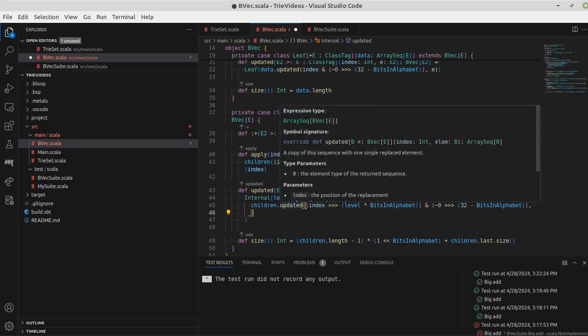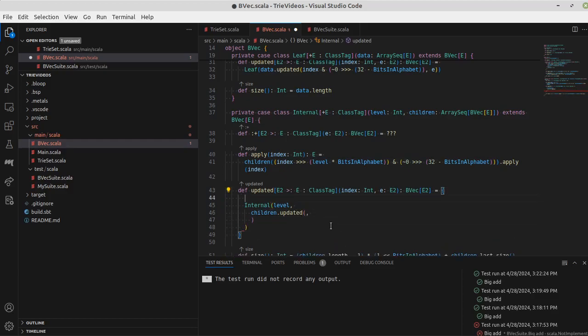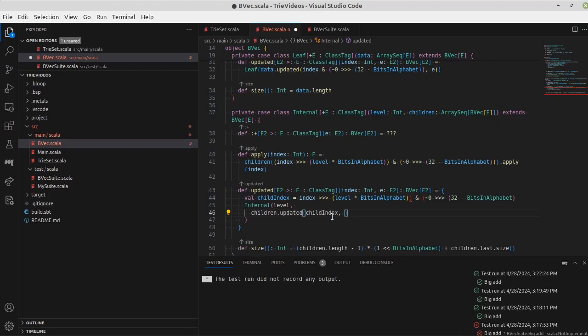So I should probably go ahead and copy this. And let's go ahead and put some curly braces on this. Val child index is that. I need to give it a nice name. That is the index inside of children that we want to change. And so I want to get children updated at the child index, and the value I want to set it to is